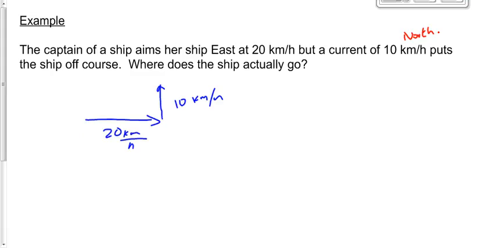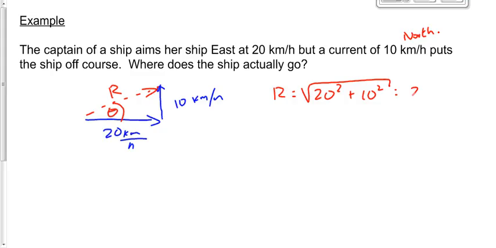Now, my resultant vector, which I'm going to make my dotted line vector, is drawn from start to finish, and that's where she actually ends up going as a result of all this. Let's find the value of R, and let's find the value of theta. R is 20 squared plus 10 squared, square root. I think that's 22 kilometers per hour. And theta is equal to the inverse tan function of 10 over 20,